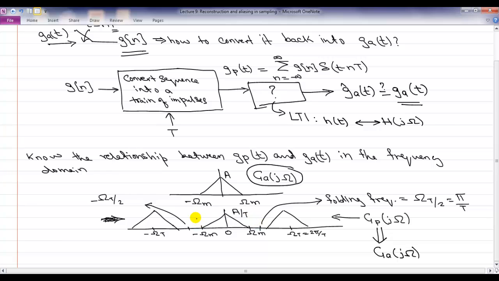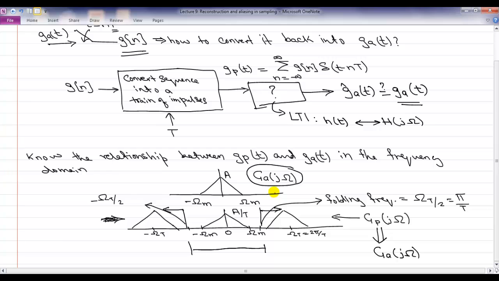What do you want to do to extract this upper plot from the lower plot? You better make sure that you throw out all the frequencies that are in this region. You throw out all the frequencies that are beyond omega t by 2. Okay? If you keep just the frequencies between this region and this region, then you see that you have exactly